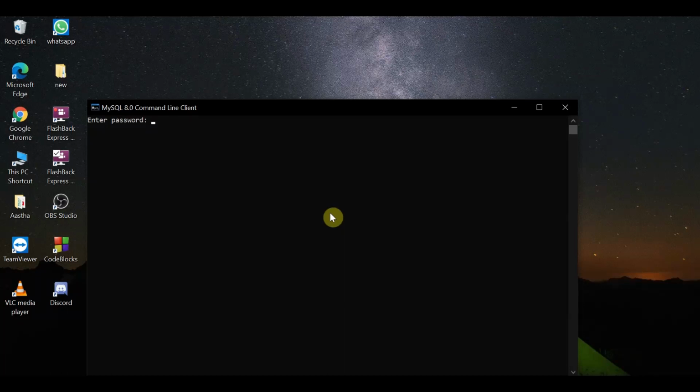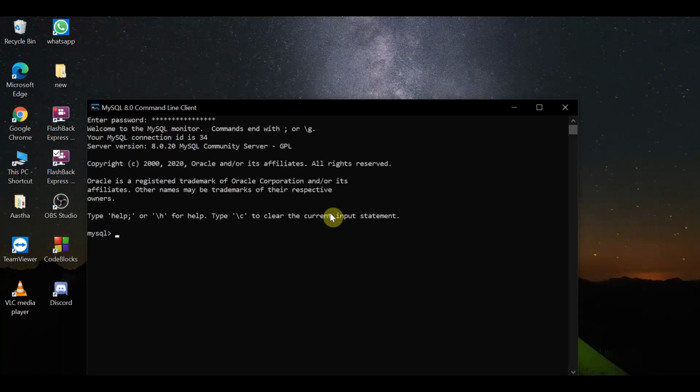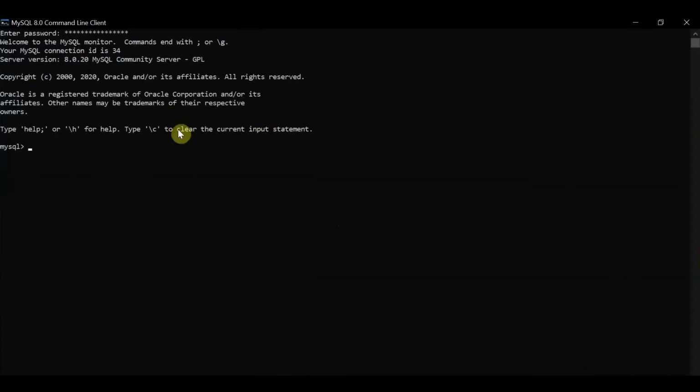So enter your password. After entering your password, you can see this kind of page of the server, and here we are going to create our database and manipulate our database, and all the changes are going to be done here.